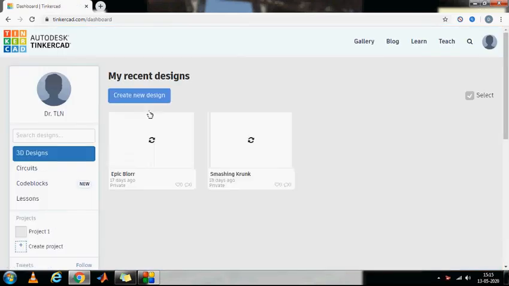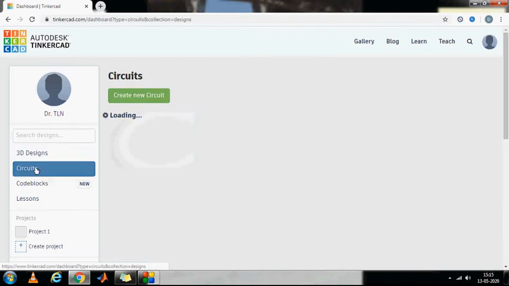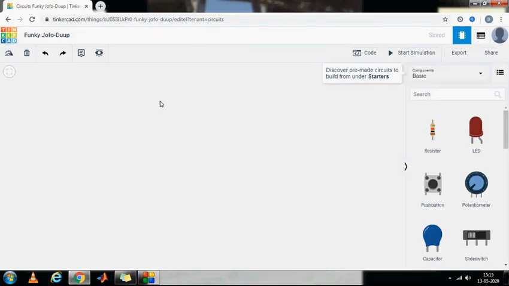Now by using this Tinkercad you can do the 3D designs. This is useful for the mechanical students. If you want to do any work with the Arduino, select the circuits option. In that, create new circuit. Automatically it is going to save your designs in your account. Here I'm directly signed in to this Tinkercad. You can use your Gmail credentials to sign in into Tinkercad.